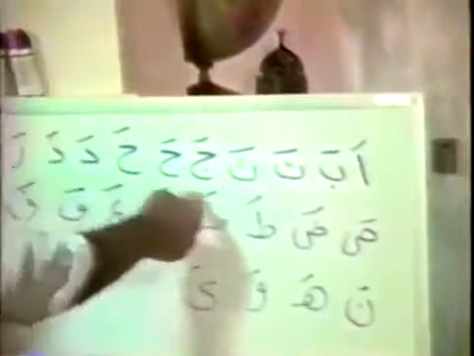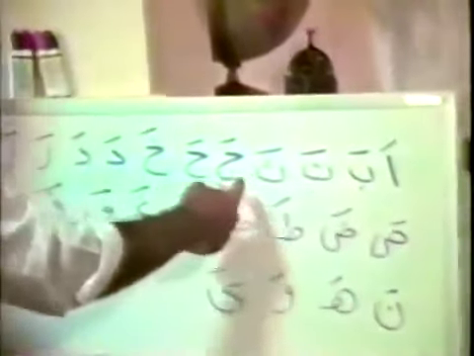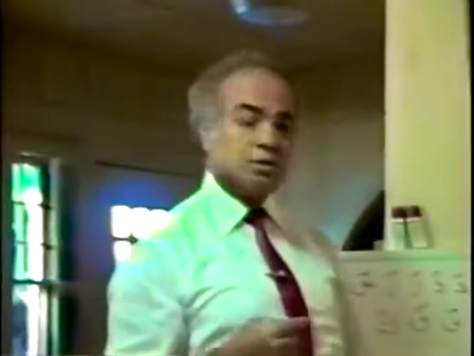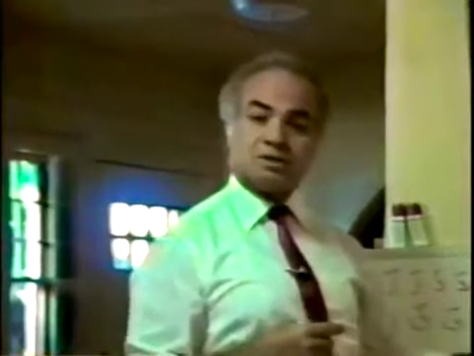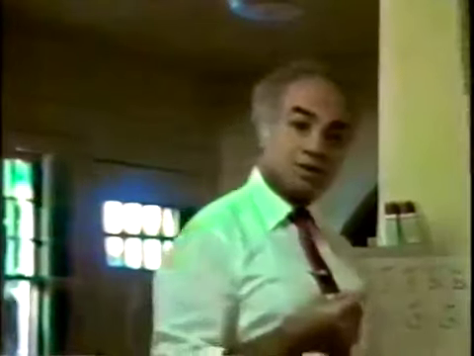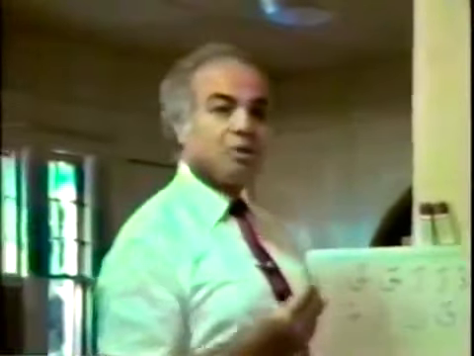Now, to change these sounds from A, ba, ta, tha, and so on, you just put this slanted dash under each letter and they become E, B, T, Th, G, He, Chi, and so on. If you want to change the direction from A to O or U, you put a comma on top of each letter. Then they become U, Bu, Tu, Thu, Ju, Hu, and so on. The whole alphabet, I'm not going to do that to save time. Now you get the idea about the three vowels and the extension vowels.